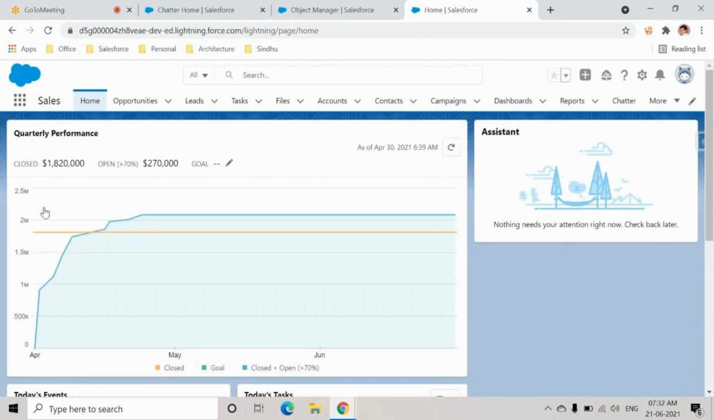Now here, so I said we have multiple objects, right? But these are called tabs: opportunities, leads, tasks, and all. Why? Because if you go to an Excel sheet,